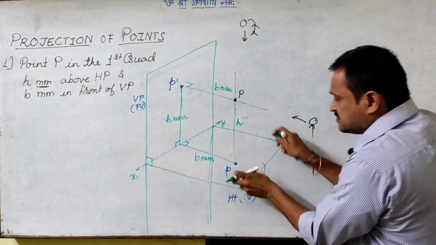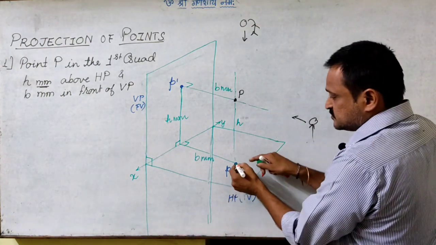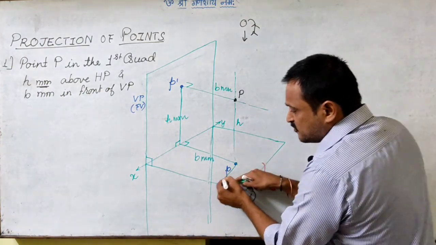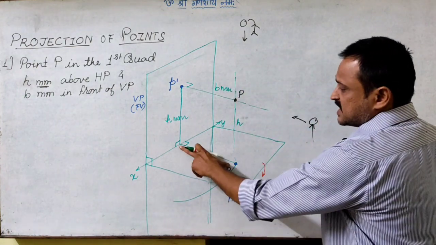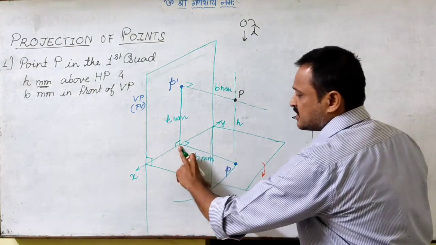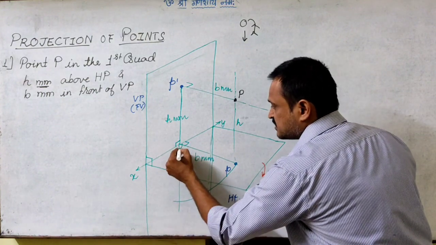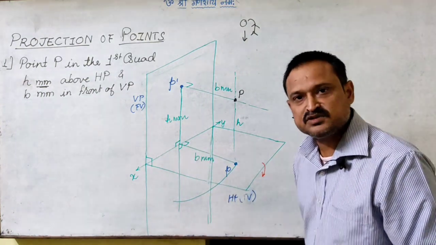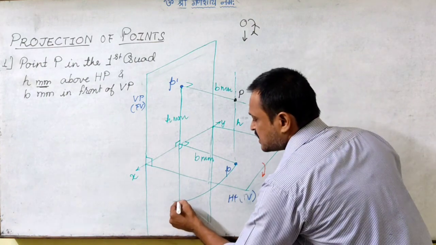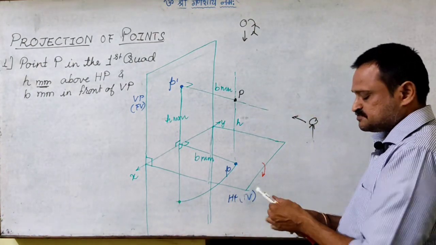When we turn the horizontal plane, obviously the top view image will also turn with it. This dimension will rotate about the XY line, and this is the projector which remains perpendicular to the reference line, the XY line,